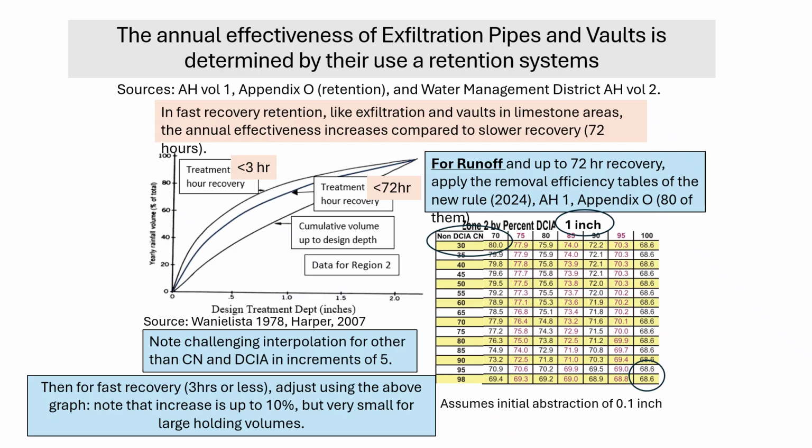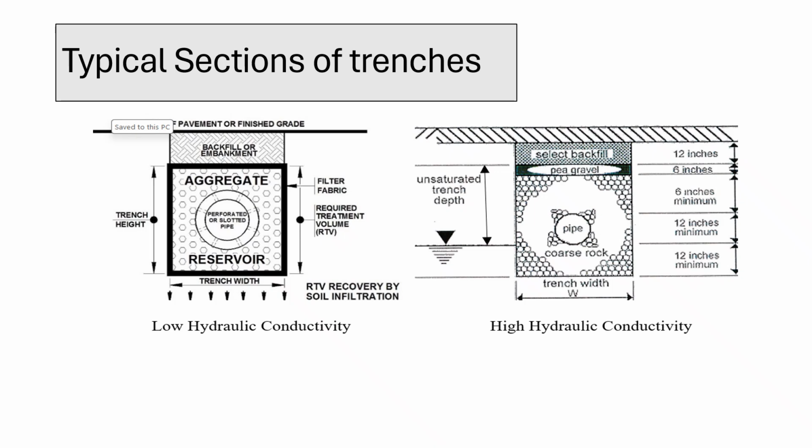This fast recovery correction has also been incorporated into the BMPFast model for those doing computational analysis. There are 2 typical cross-sectional designs commonly used for infiltration trenches. The first is designed for low exfiltration conditions, where the goal is to remove the designed water volume within 72 hours. The second is for high exfiltration conditions, where the soil permeability is sufficient to remove the designed runoff volume within just 3 hours. These 2 configurations reflect the range of soil drainage capacities that engineers must account for when